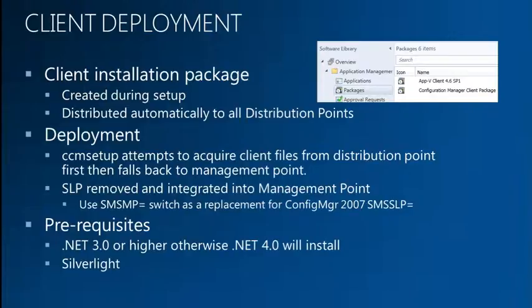So we're taking the load significantly off the management point, and we're putting it down on the distribution points, which should actually do the file hosting for the different things. We get a lot of feedback from people, or from reading the forums, about why client deployment isn't getting out there. They have to be within the boundaries. So when you set up your boundaries, make sure you set them up properly so the client can